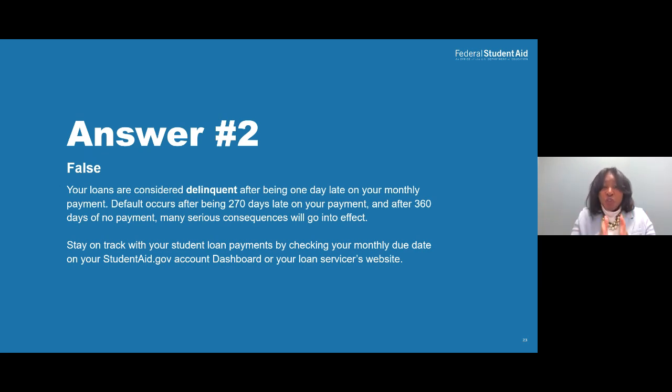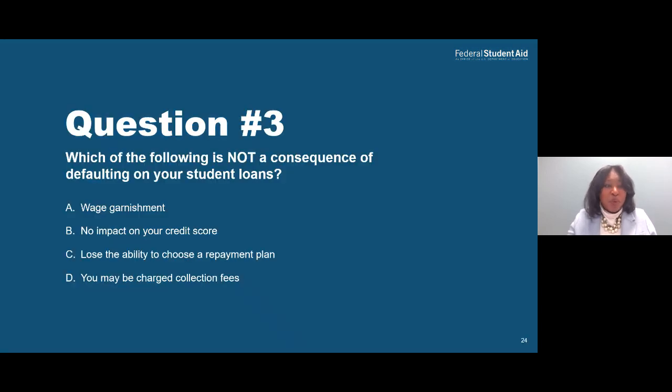You should be reviewing to see if you can afford that payment. You should even attempt, if you can't make the full payment, even starting to make some small payments towards it. Or you can also contact your loan servicer to figure out what are your options for a repayment plan, what are your options for either a deferment or forbearance if you're having financial hardship. All of those options are true between day 1 and day 269. Okay, let's go on to question number 3.